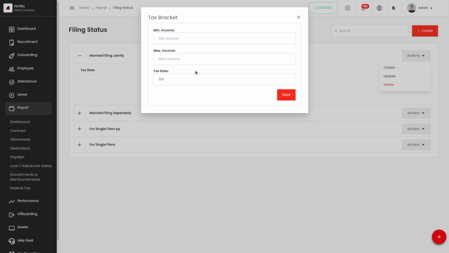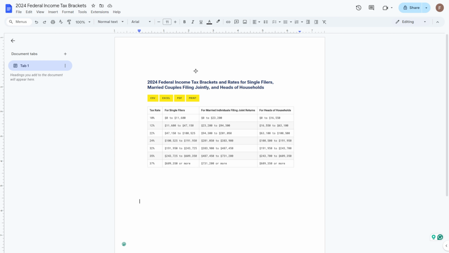Before that, let's see the tax brackets for married filing jointly according to the federal law. Here we have the 2024 federal income tax brackets and rates for single filers, married couples filing jointly and head of households. From here, let's add these minimum and maximum incomes and give these tax rates for the filing status that we are creating.